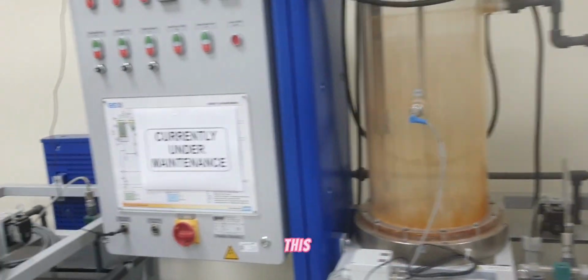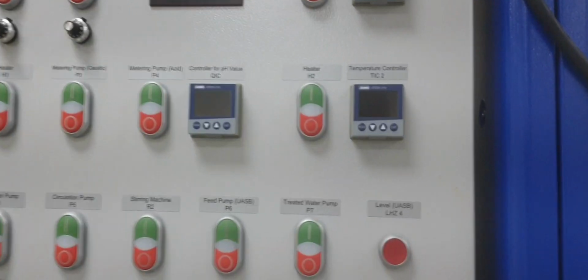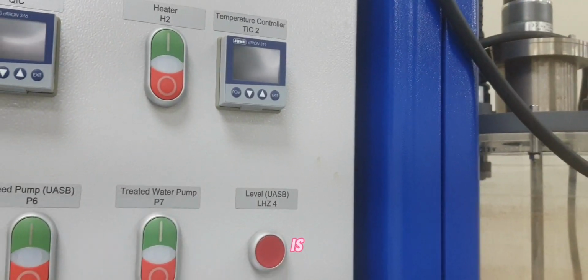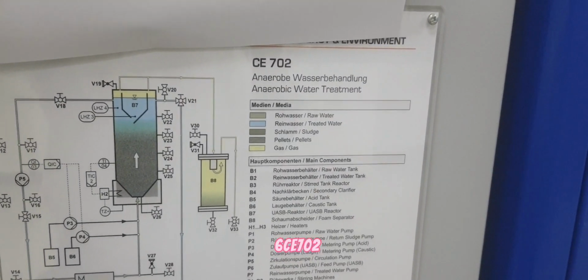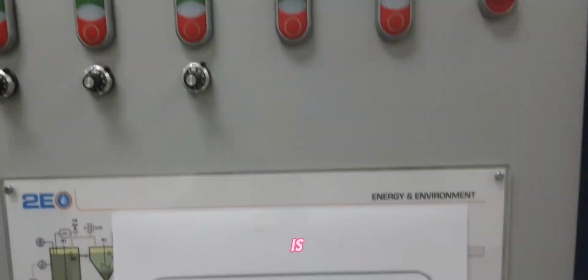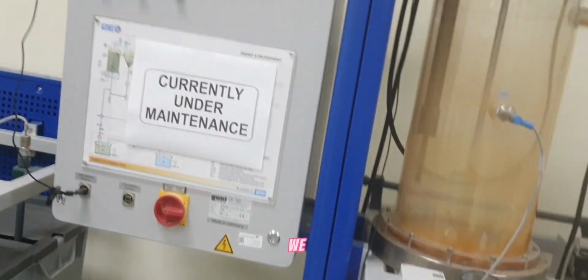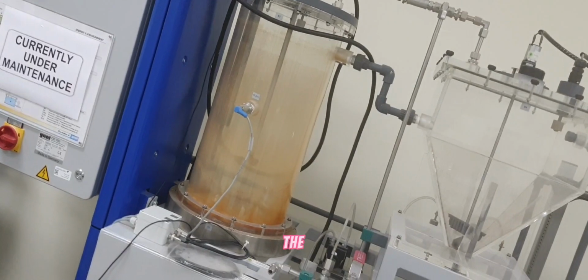Hello guys, this is our anaerobic reactor from the GUNT company, and it is now under maintenance. You can see here the code is 6CE702, and this is our layout diagram. This is our main control unit, and we all know that the anaerobic reactor, or you can say the anaerobic water